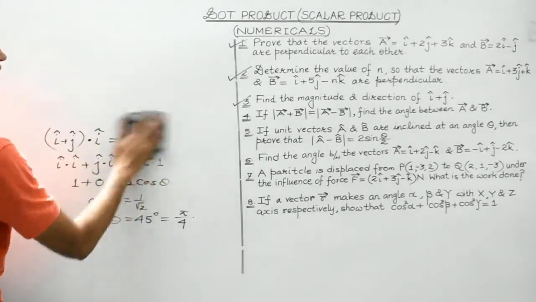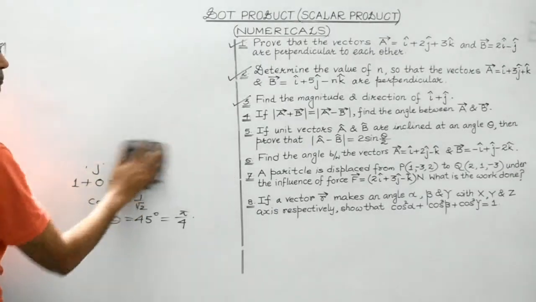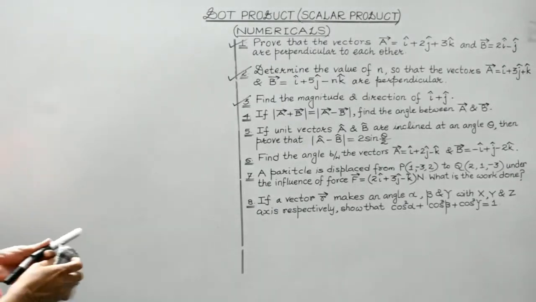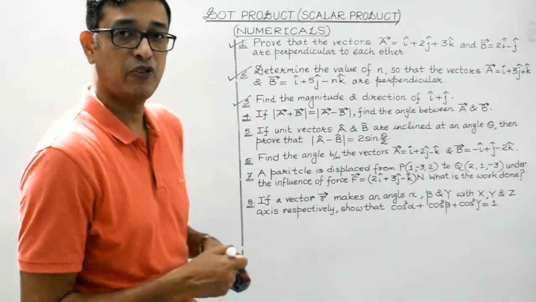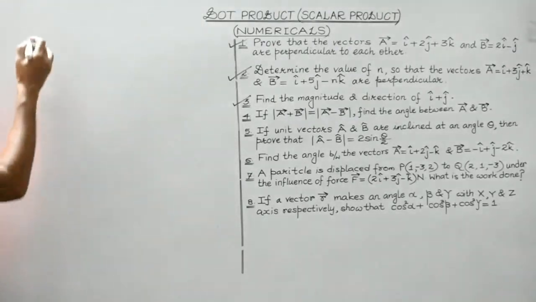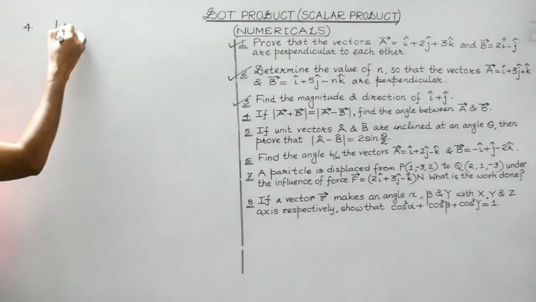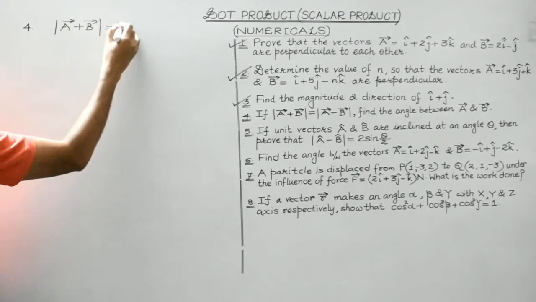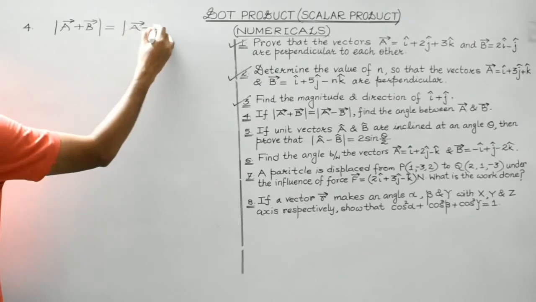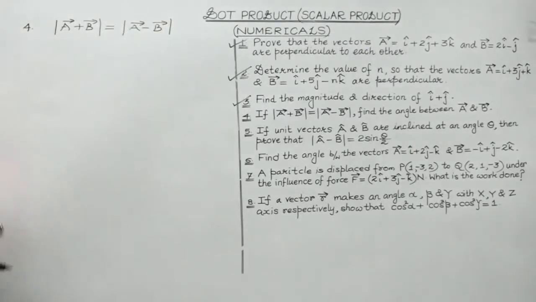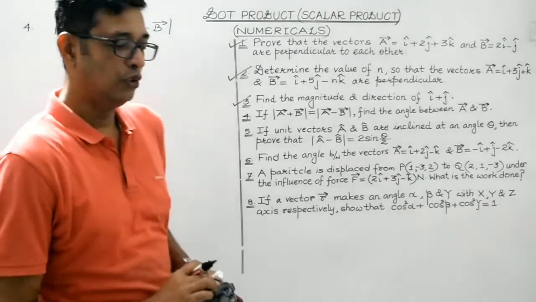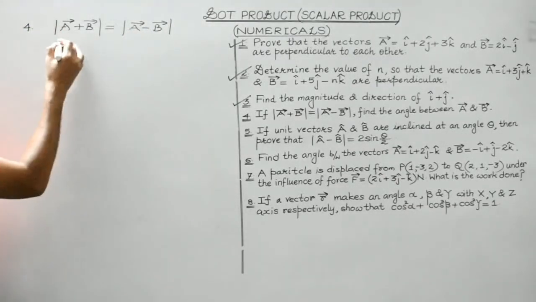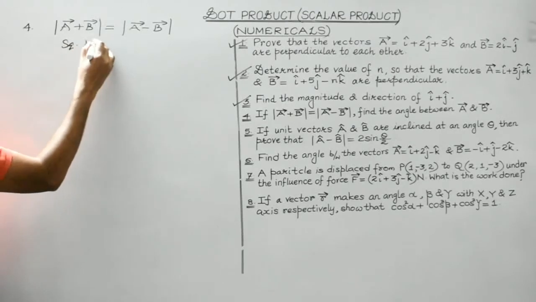Question number 4 states that if the magnitude of a plus b is equal to the magnitude of a minus b, then we are supposed to determine the angle between the a vector and b vector. So what is given is that the magnitude of a vector plus b vector is equal to that of a vector minus b vector, right? So what we do is squaring both the sides, right? Squaring both sides,